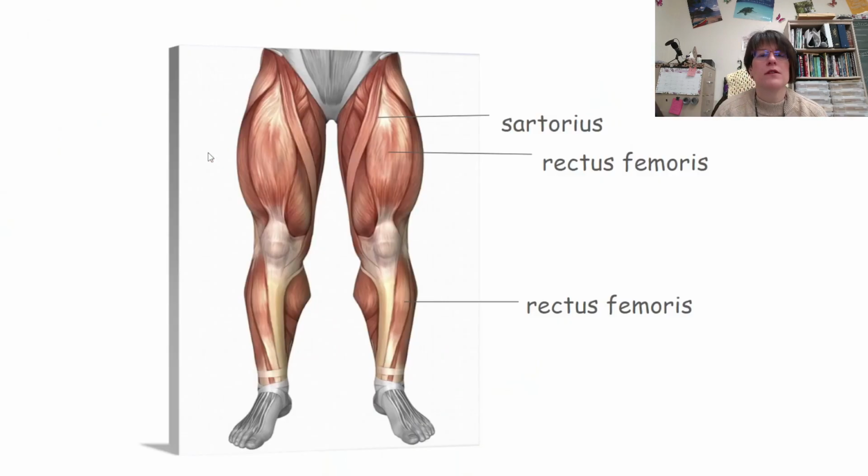So, a few muscles I would like you to know for the test are in the leg, and those are the sartorius that goes diagonally across here, the rectus femoris, which covers the femur,